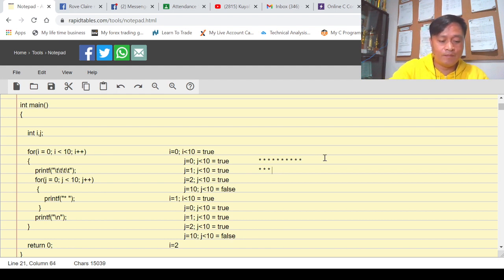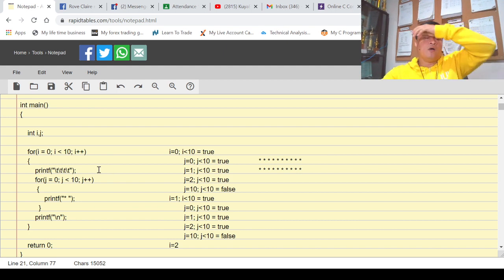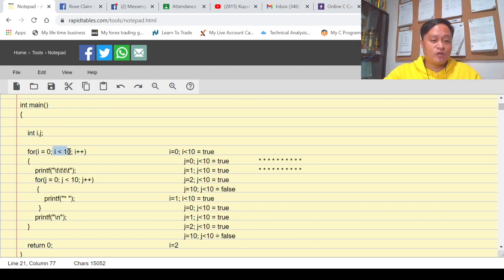So asterisk will be printed how many times? 10 times. Okay. Now, when is the time that this condition becomes false? If i is equal to 10. Meaning, how many times are we going to print asterisk in here? How many times? 10 times. Okay? Are you following? So, it will display